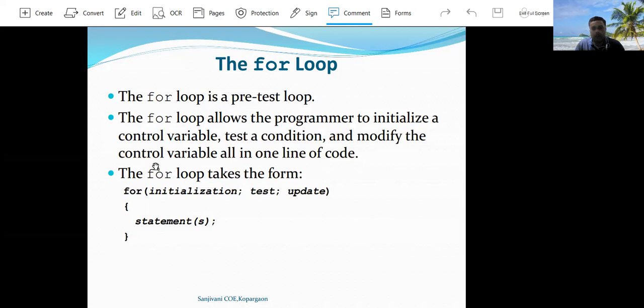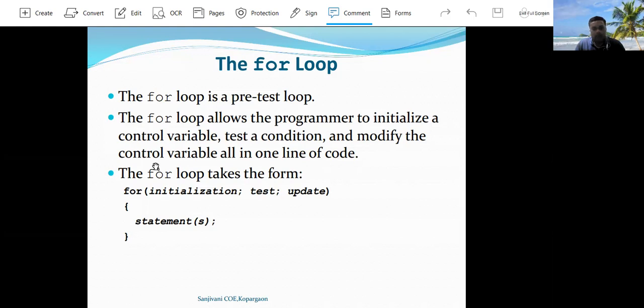In a for loop, we can define three things. One is the programmer can initialize the control variable. Second is test the condition, and next is modify the control variable. And all these three things are written in a single line of code.